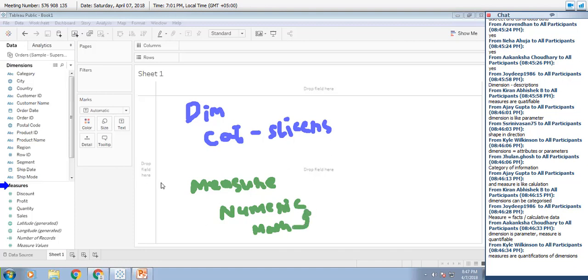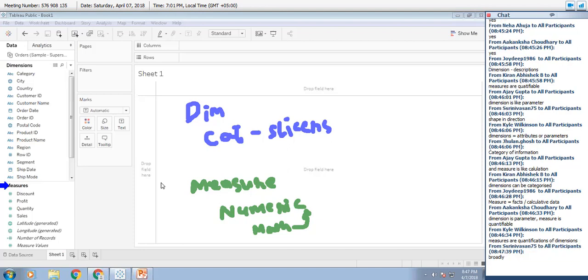If you see any data, it will be broadly classified as these two. You have information which is categorical in nature, and you have information which is quantitative in nature. It might be data coming from any data source. These are the basic two things you can find.